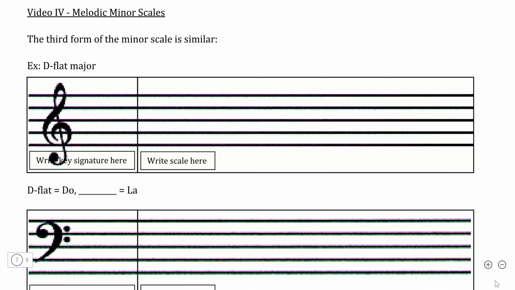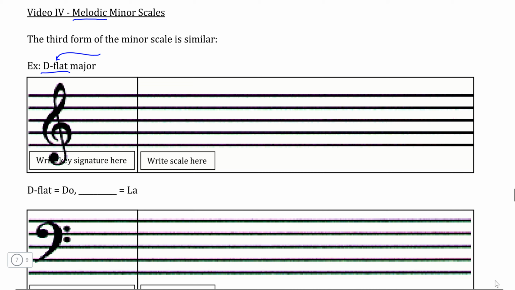In our final video in the series on minor scales, we're going to take a look at the melodic minor variation of the natural minor scale. And we're going to be looking at this in the context of the relative minor of D flat major. So let's go ahead and use the shortcut to find how many flats D flat major has